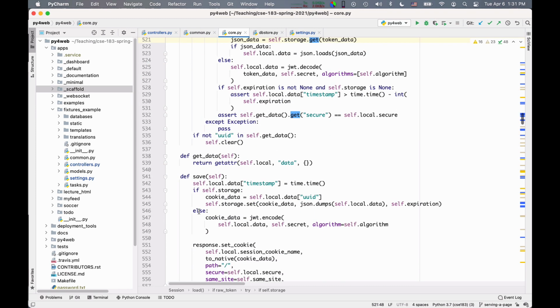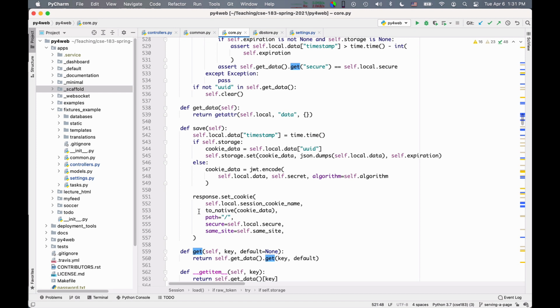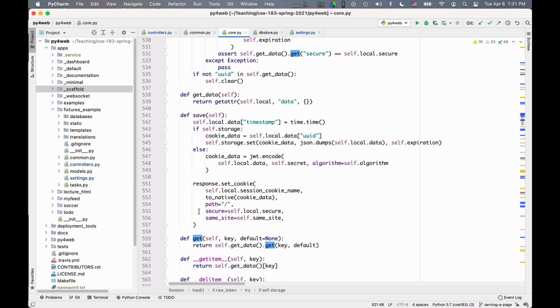Now, when you save the session, it's in some way even more interesting. So there is an if-else here that again corresponds to the two cases in which you either have to set the updated session in the storage engine, or encode a new cookie.